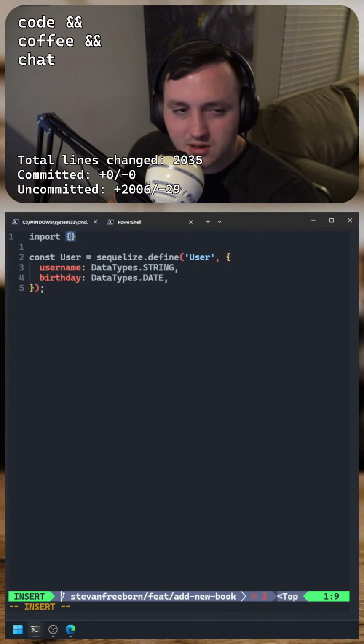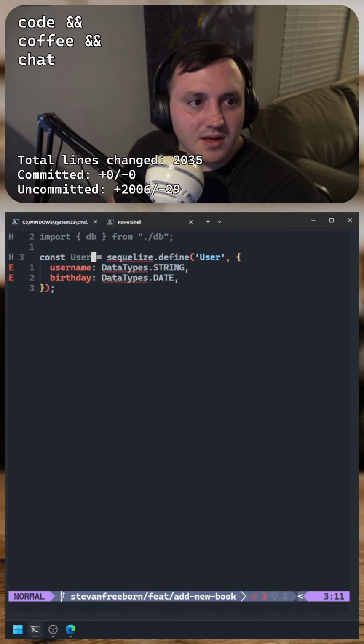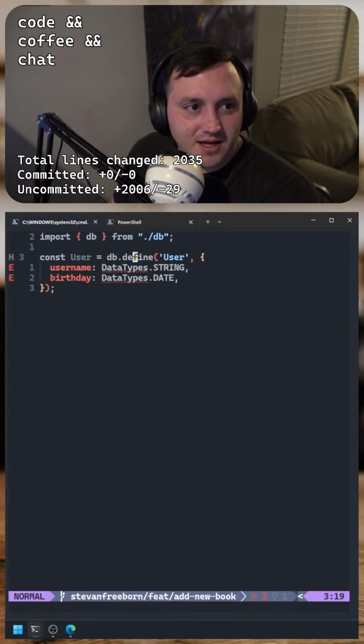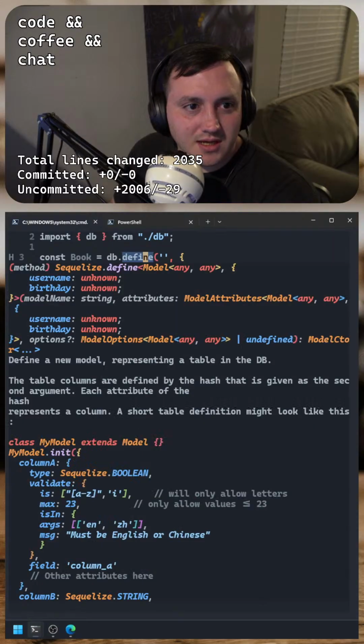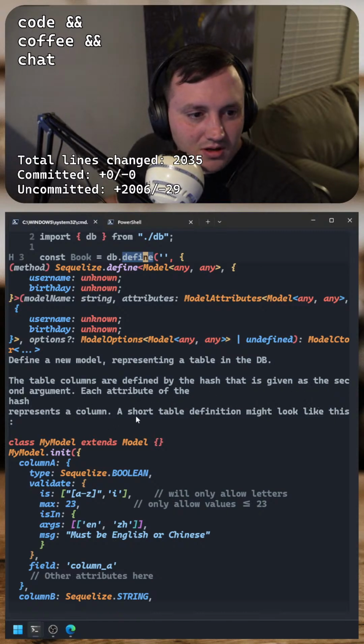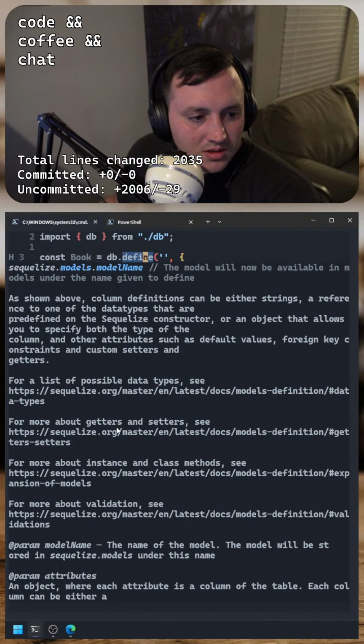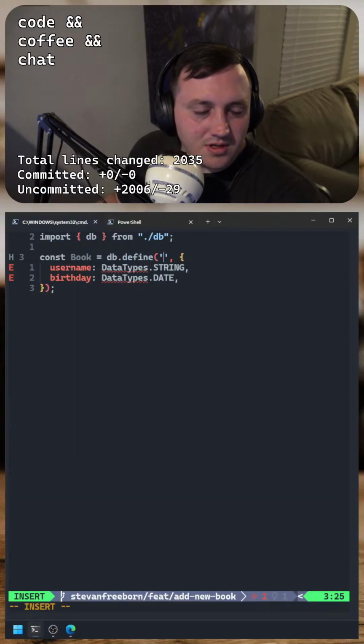Import. And we're going to say dot define. What does this do? Define a model representing a table in the DB. Table columns are defined by the hash that is given as the second argument. The attribute of the hash represents a column. Okay. But I think I just want to do